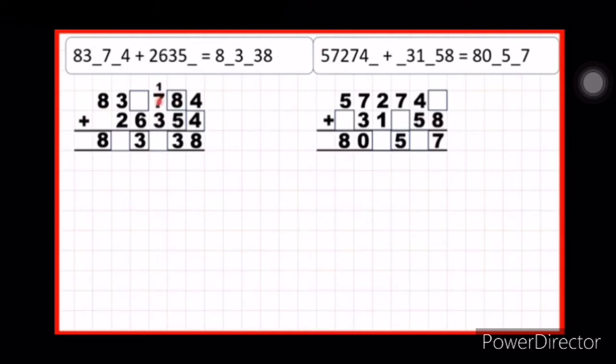Now we have 1 plus 7 plus 3. That's 11, so 1, 1. And now we have 1 plus something plus 6, but we only have a 3 in our answer. So again, they must have made 13 and then written the first digit above the next place value column along. So our missing digit here is a 6, because 1 plus 6 plus 6 is 13. So now 1 plus 3 plus 2 is 6, and then 8 plus nothing is 8. So let's move on to this problem here.